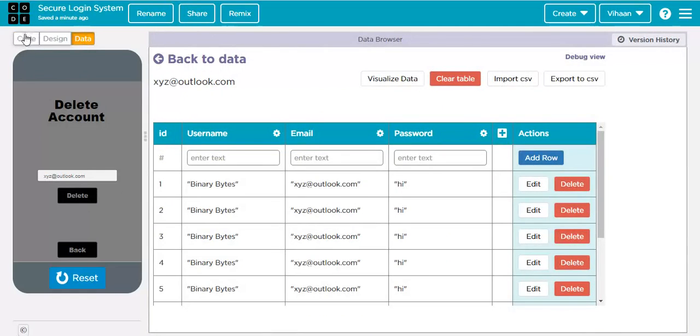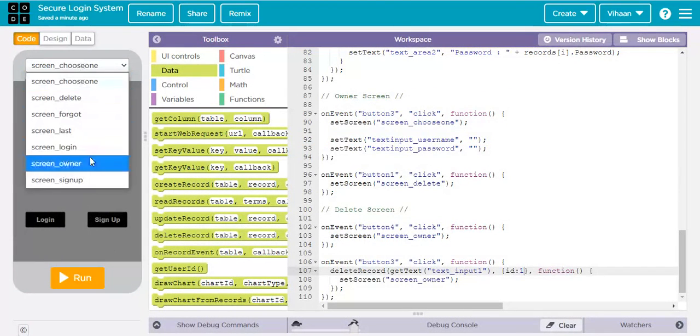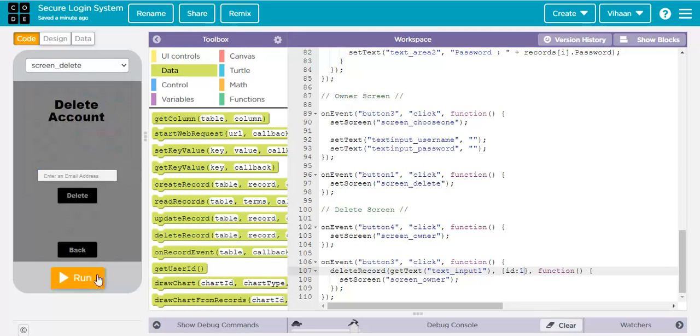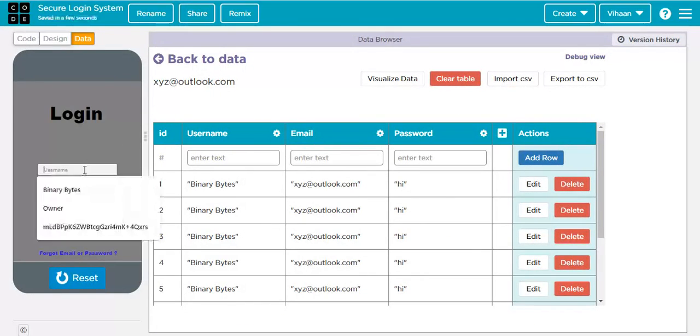So this is not working. Oh yeah, I just know why. Because I by mistake put the wrong ID here. So please check it. Wait a second. So go in the screen underscore delete. The ID for the delete button is button 10. By mistake I wrote button 3. Sorry. Now you can, if I click on run from owner,